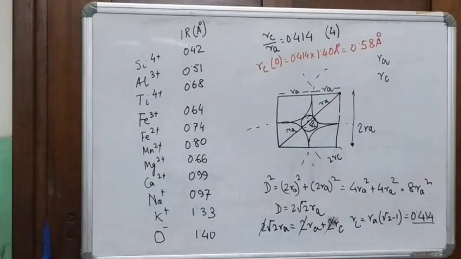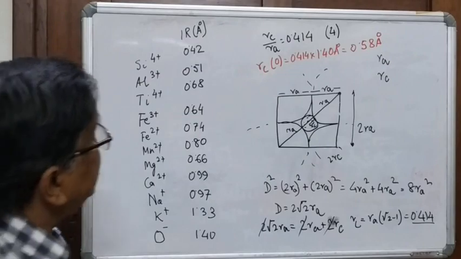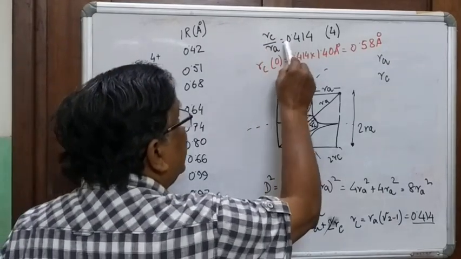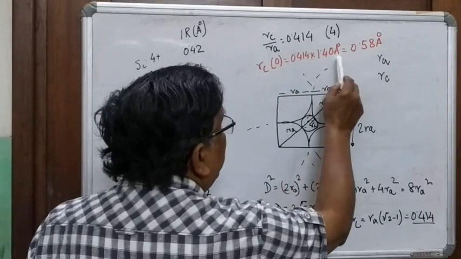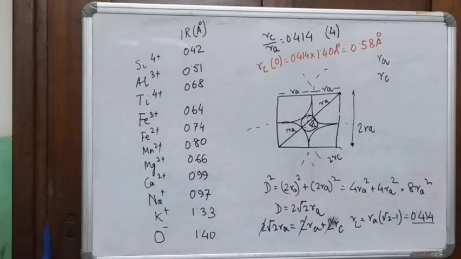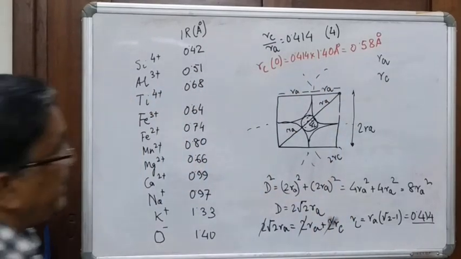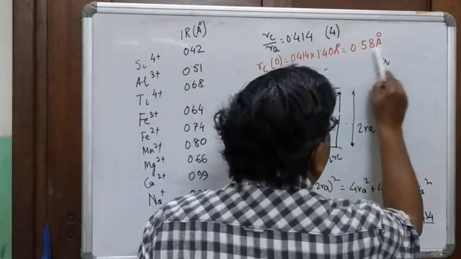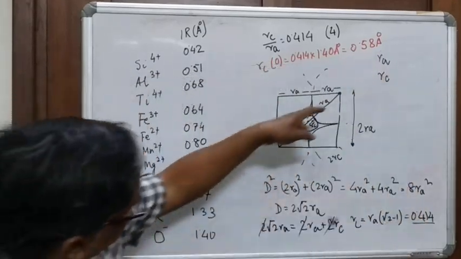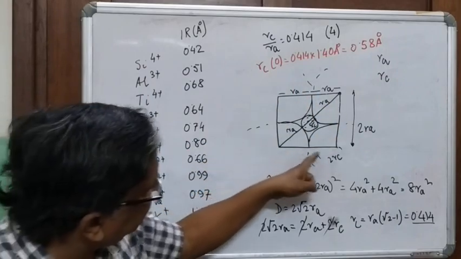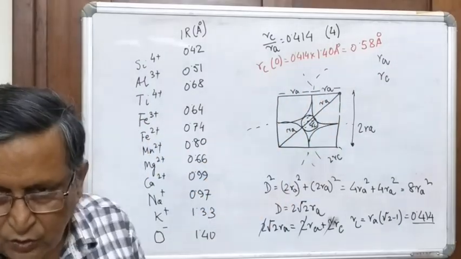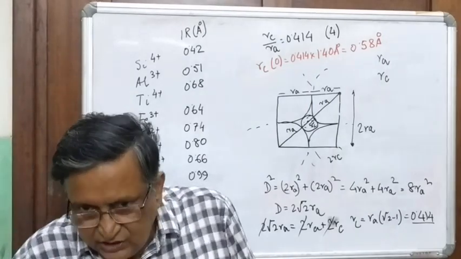I think I've got this right. If you have RC by RA as 0.414 and you multiply it by 1.40, then what you get is 0.58 angstroms. So if your coordinating anion is oxygen with a radius of 1.40 and it is arranged in the form